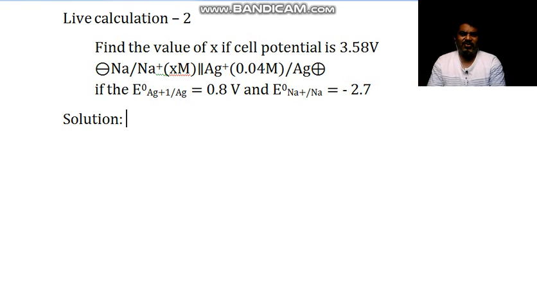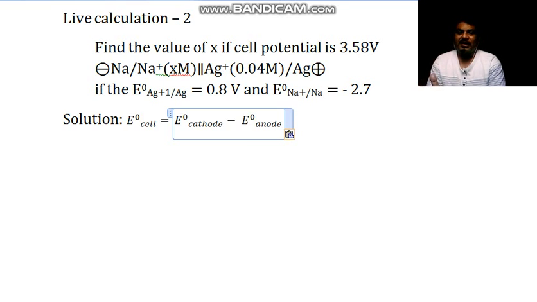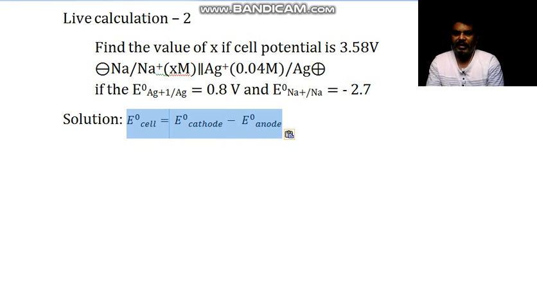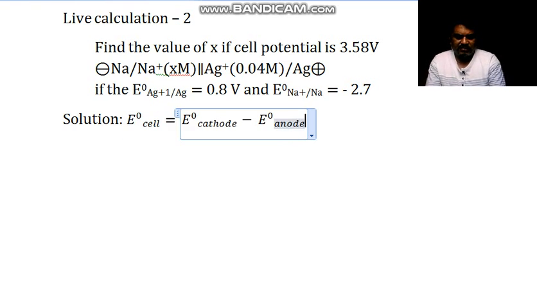Here, no need to say, but I will explain though. Here also, anode and cathode. The cathode is the right side portion, that is Ag, and it is given 0.8, and sodium is the left side portion, it is the anode, and it is given minus 2.7. Therefore, to find E degree cell, this is a very simple formula, and in this formula we are going to put the values and find the answer. So this is very simple.